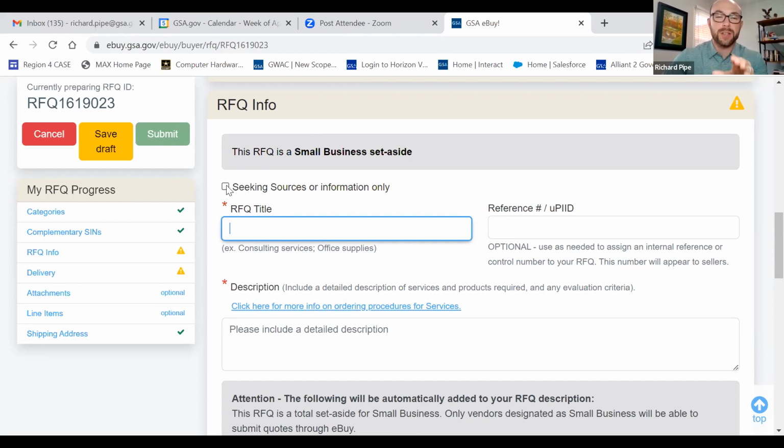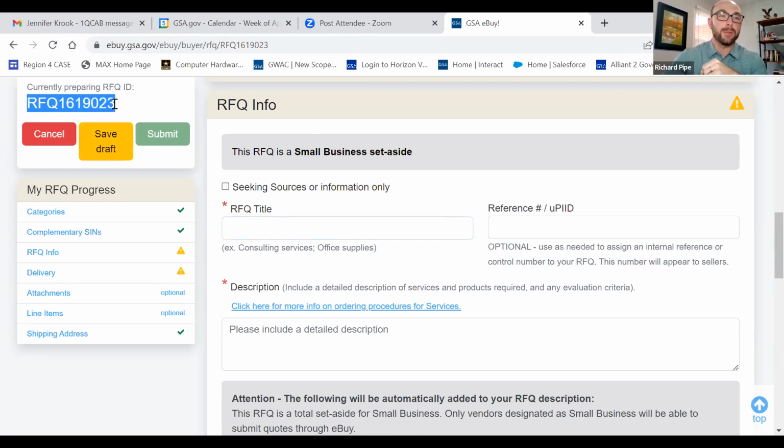and I want to turn this into an RFI, it's still going to say here RFQ title. It's still going to say this is RFQ number, blah, blah, blah. Don't worry, as long as this box is checked, it's an RFI. It will be viewed as an RFI by the vendors in GSA eBuy. So I just want to throw that out there. You won't see this RFQ change or that designating number change, but trust me, as long as that's checked, it's